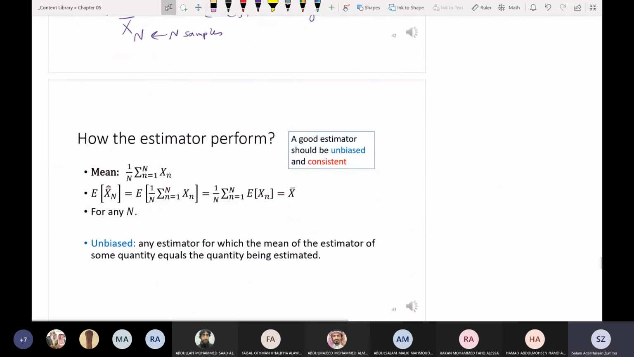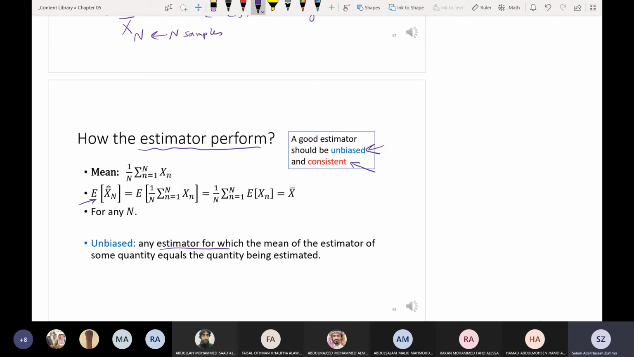Now, one important factor for the estimator is to understand how it performs. We'll talk about two important characteristics of estimators. The first should be unbiased, the second should be consistent. What do these two mean? Unbiased means the estimator should give me, if I increase the number of samples, if I take too many samples, or if I repeat this estimator for different sets of samples,